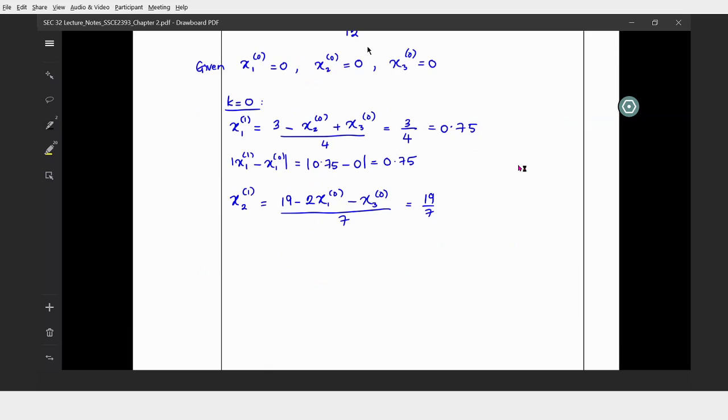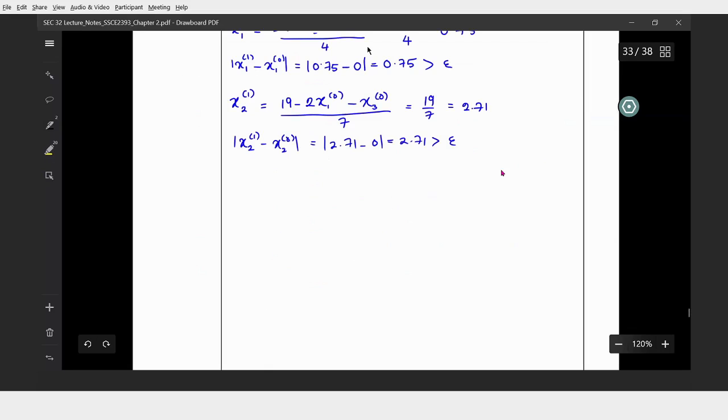This one, what's the value? 2.71. So the difference between two consecutive x2, so you have x2 1 minus x2 0. 2.71 minus 0. So 2.71. Okay, so still greater than epsilon,